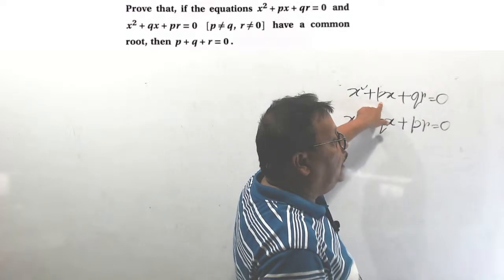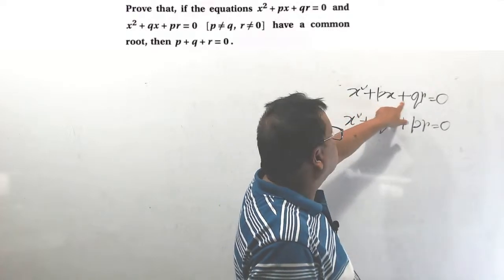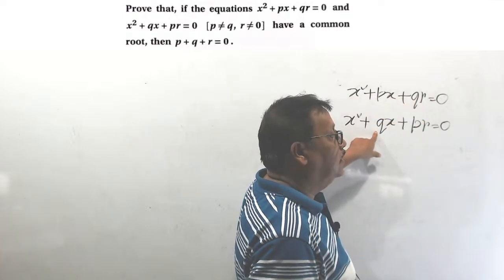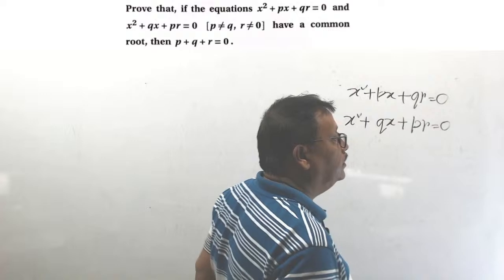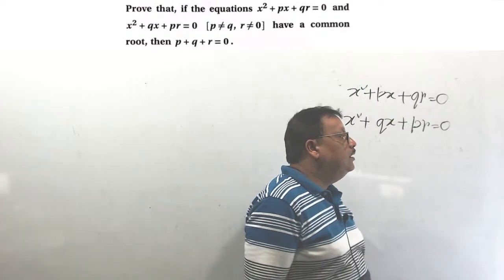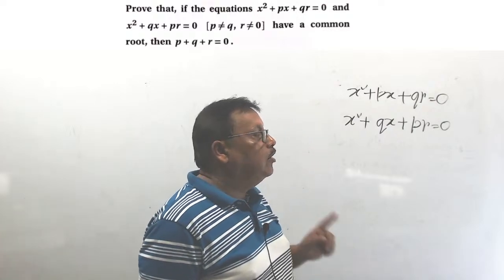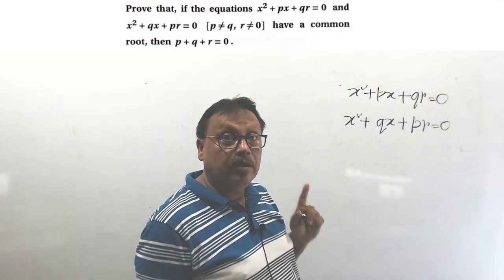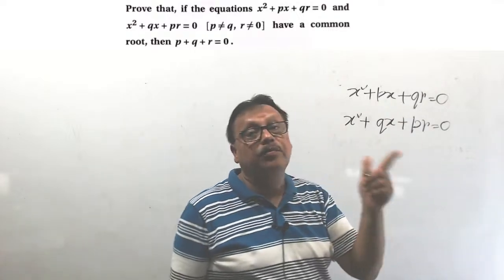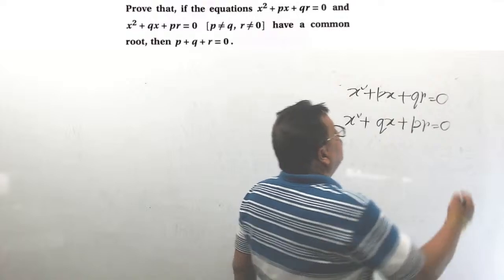These are two equations and they have a common root. By using that condition, you have to prove what? p plus q plus r is equal to 0. Give it number 1